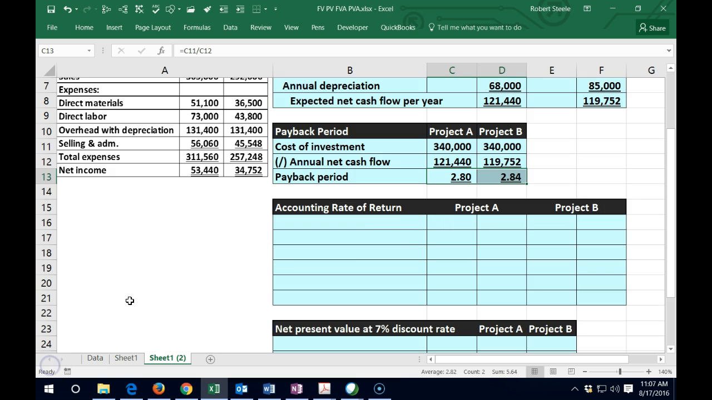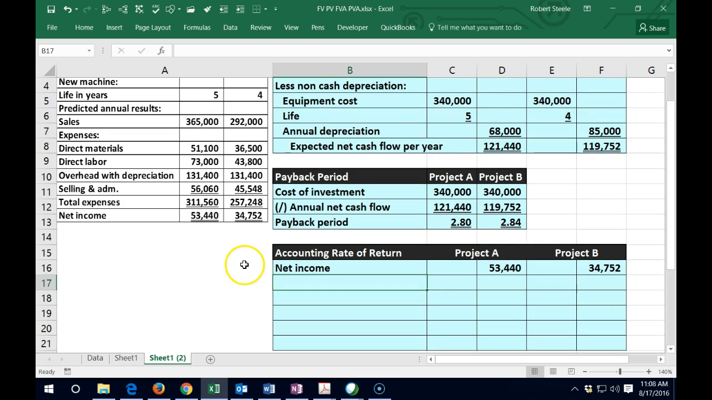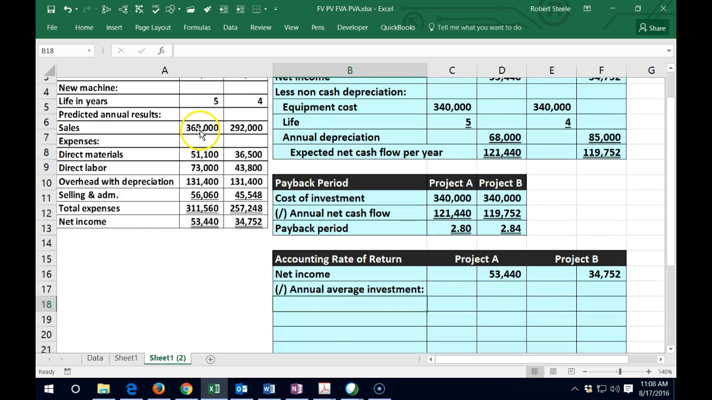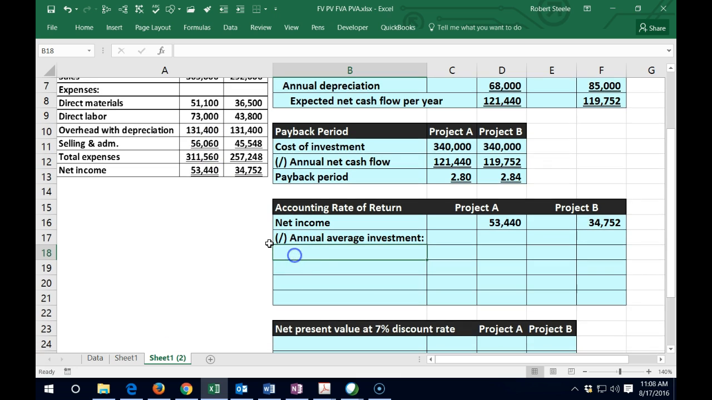All right. Next calculation to analyze these two projects will be the accounting rate of return. So accounting rate of return, we're going to start off with net income again, net income. And I'm going to put this into the outer column. I'm going to say this is the 53,440 for project A, and it's the 34,752 for project B. That's just the data that we have over here, the net income. And then we're going to divide that by the annual average investment. Now remember, the initial investment is the 340 for both projects. So we're going to take that initial investment of the 340 for both projects here, and we're basically just going to divide by 2